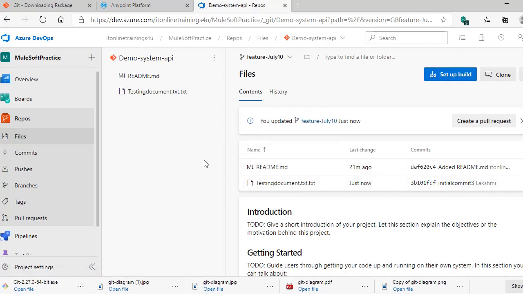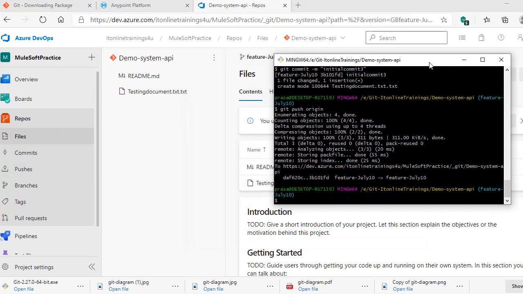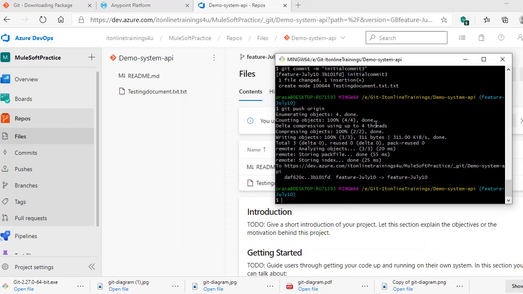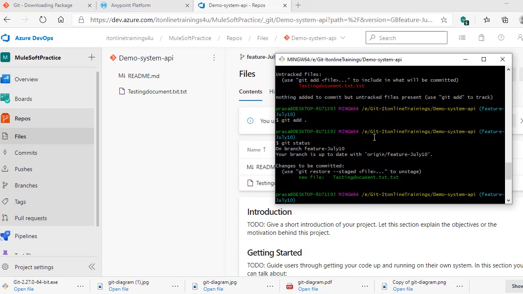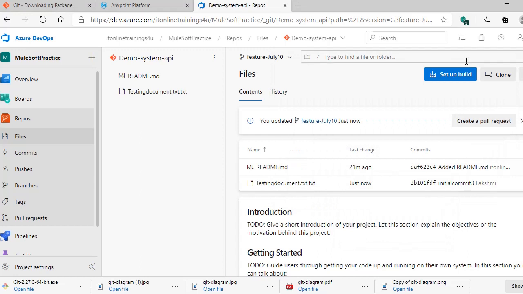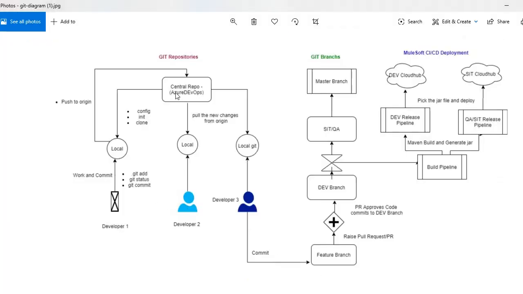Okay, likewise you can play with these git commands. I'll provide you all these commands in the description box. So today we discussed how to commit the code, how to clone the code, how to check in the code, and how to check out the code from central repositories to local repositories. In the next part of the video, let's see how to create a build pipeline and release pipeline by using Azure DevOps, and how we can do the deployments.